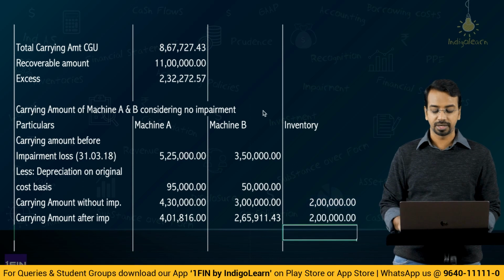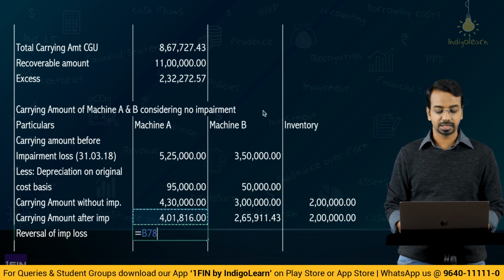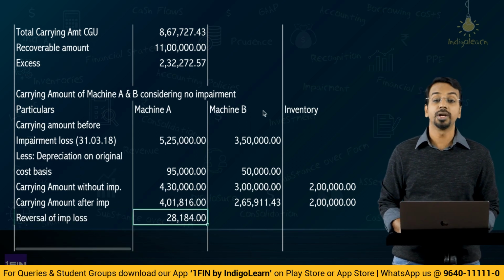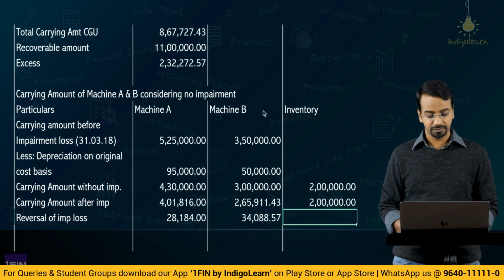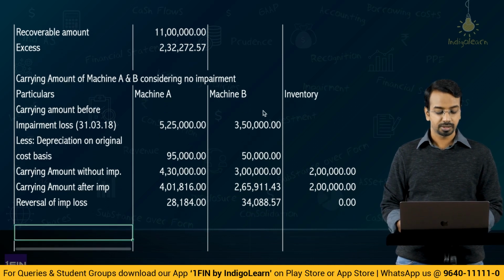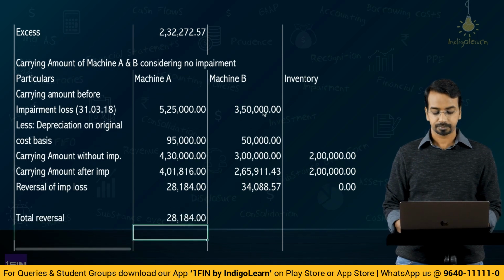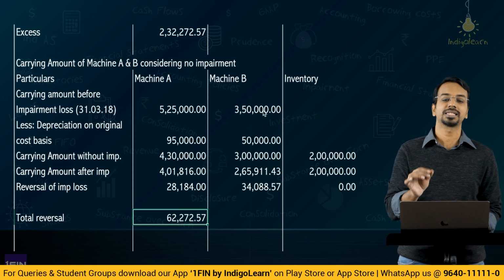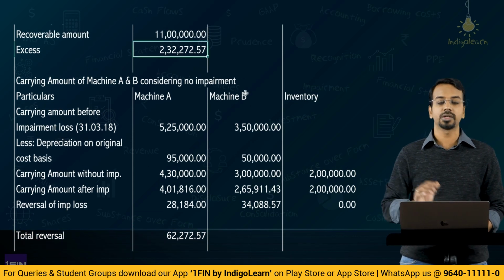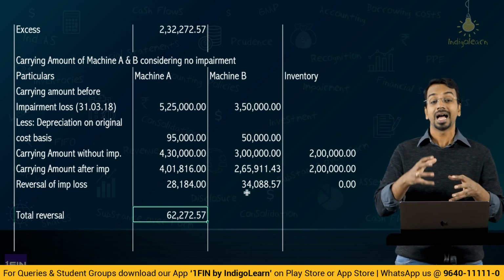Here anyways, there is no change, inventory is same. So, reversal of impairment loss will be to the extent of 4,30,000 minus 4,01,816, that is 28,184 for machine A and 34,089 for machine B. Inventory will anyways be 0. So, total reversal will be equal to 28,184 plus 34,088, that is 62,272. Though the excess is 2,32,272, maximum reversal is possible only to the extent of 62,272 because after reversing the